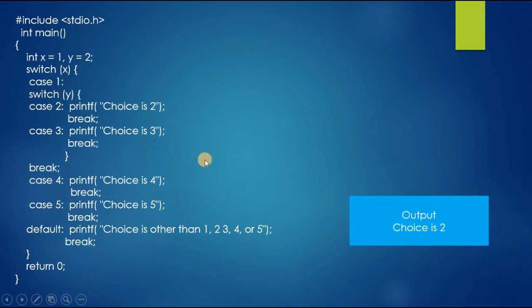This is how the nested switch statement works in C.